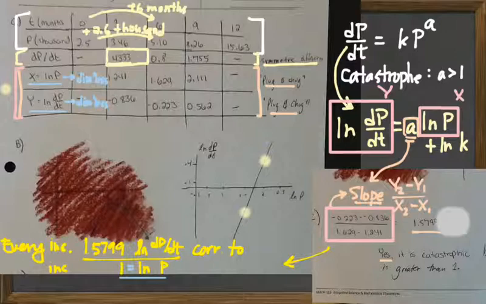If 1 is equal to natural log of p, then what's p? That would be for a base 10 log. Here we have a base e log, right? So take both sides and make them exponents with a base of e. And we find out that when the natural log of p increases by 1, p increases by e, but not